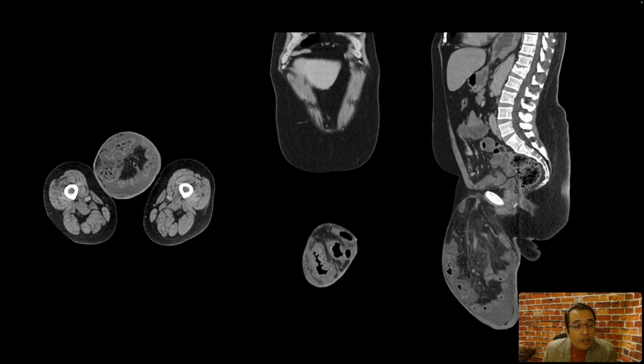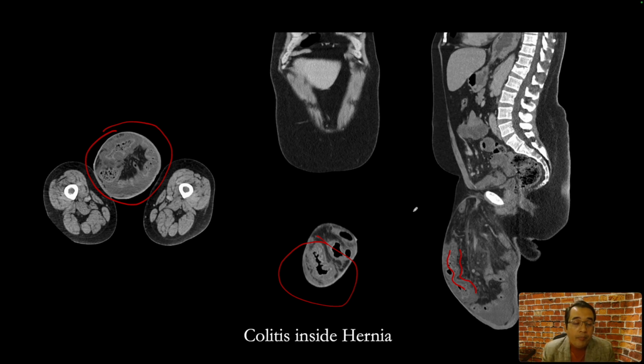Here's our next patient. They presented with a very large inguinal hernia, and inside the hernia we see a loop of the colon. This loop of colon shows circumferential mural thickening and mucosal enhancement suggestive of colitis inside the inguinal hernia. So whenever there is an inguinal hernia, we want to tell in our reports how big is the hernia, which side is it, what structures are contained inside the hernia, and if there are any complications related to hernia